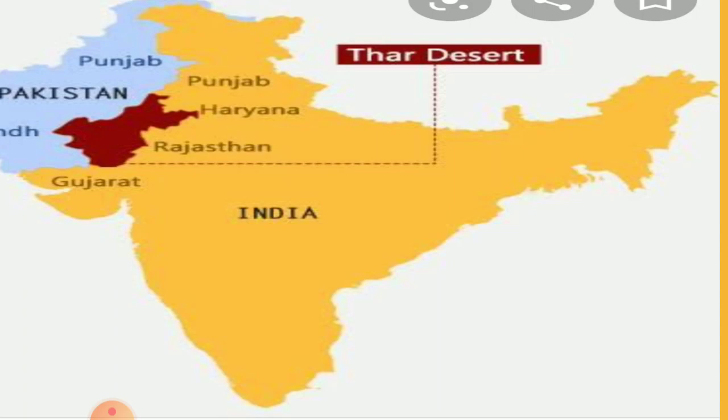By looking at this map, you can better understand the location of Thar Desert. The dark maroon color you can see is representing the Great Indian Desert, which starts from the Gujarat plains and covers the whole area of Rajasthan as well as the borders of Haryana and Punjab. The dark maroon color here is representing the Thar Desert. Moving forward,